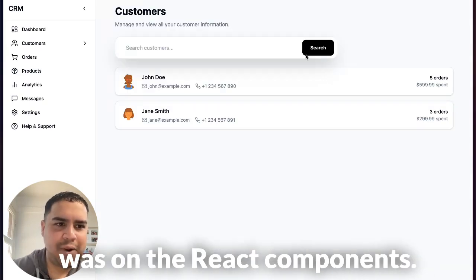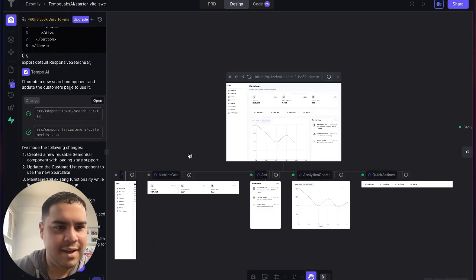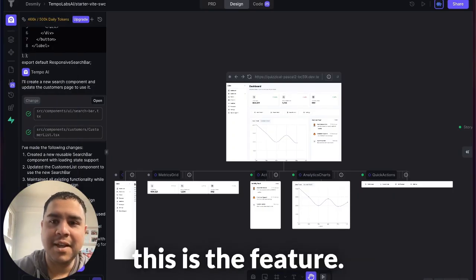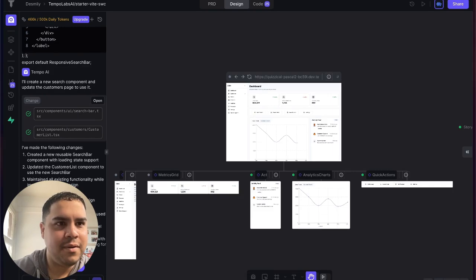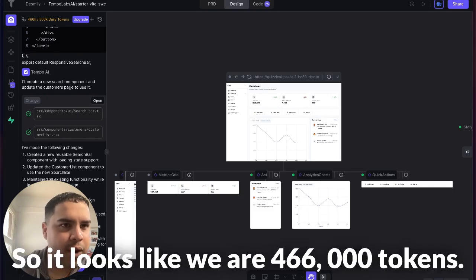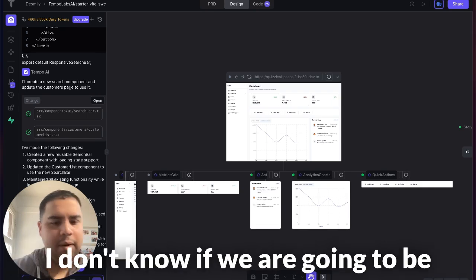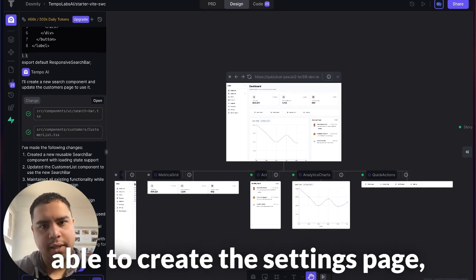This is insane. Ladies and gentlemen, this is the feature. So it looks like we're at 466,000 tokens. I don't know if we are going to be able to create the settings page, but